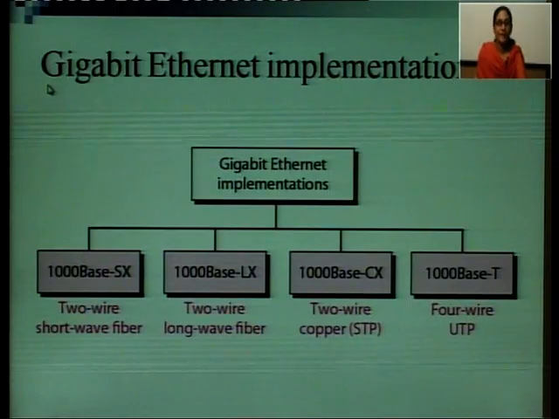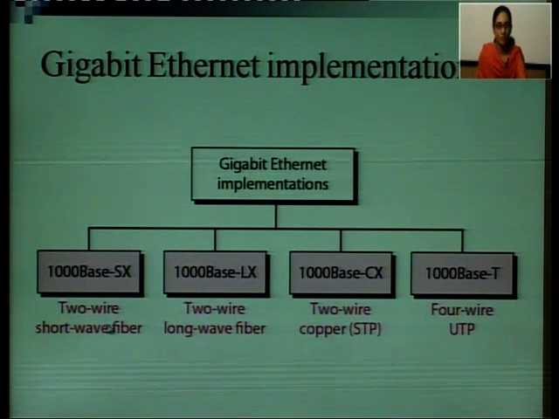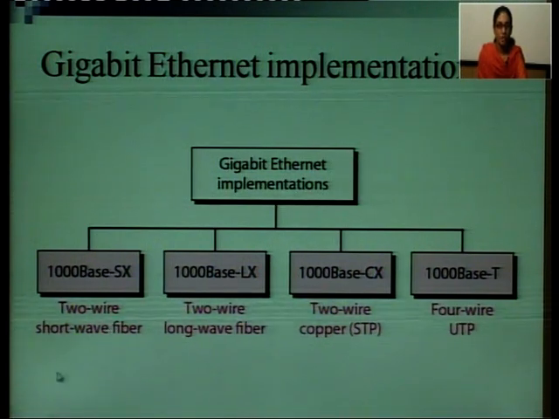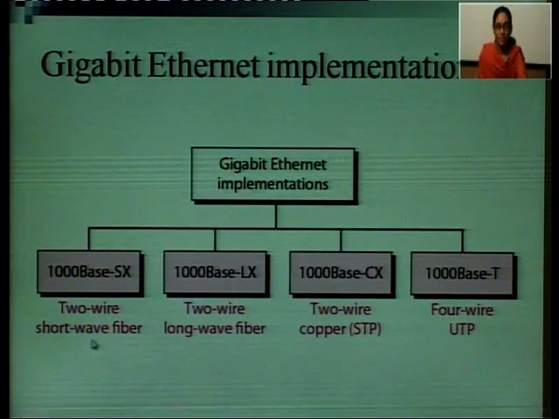Next is the gigabit Ethernet implementation. Four different types of wires can be used. The first wire is 1000Base-SX, which is two wire short wave fiber optics. So it is a type of fiber optics, but in this the short